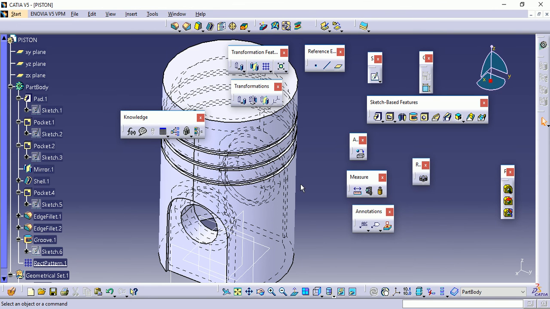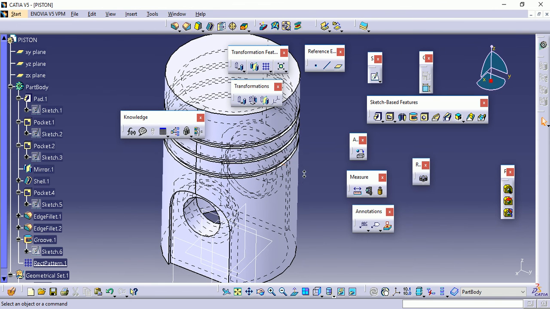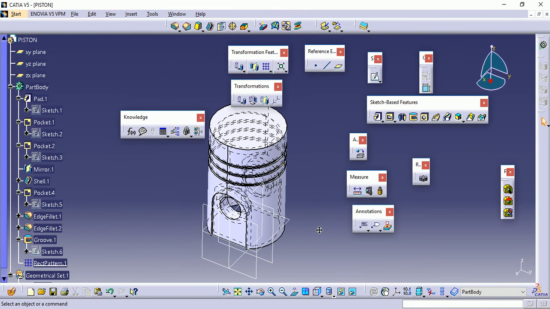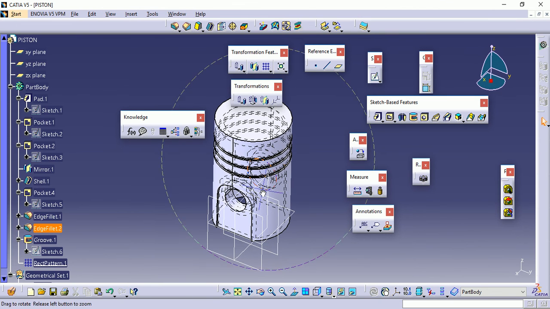So in this manner, from a simple 2D drawing, I have created a 3D model of a piston using various tools in CATIA. What next after this? Now suppose I am done with the part, next I have to manufacture it.